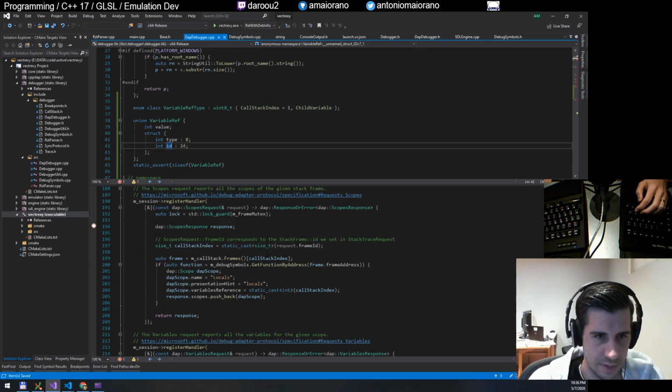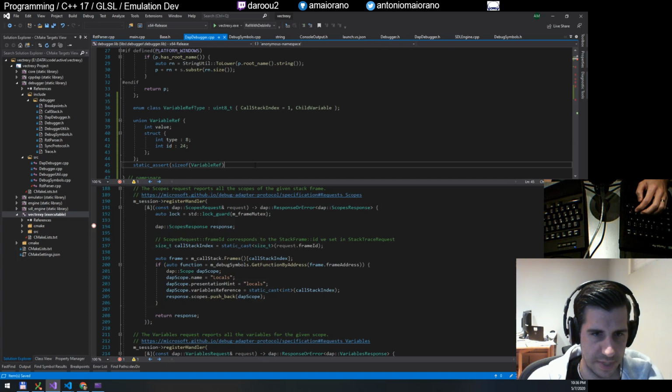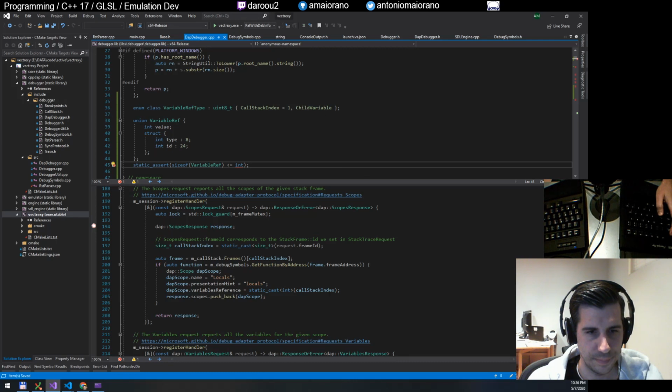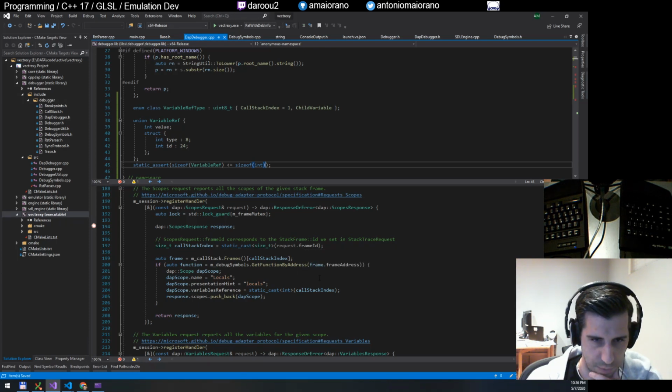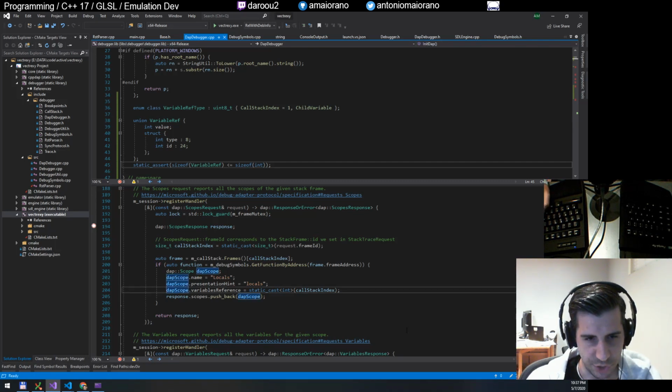Let's see. And we want a static cast that its size is less than or equal to the size of integer, of course. All right, so say we got this. Now, where are we storing that variable reference again for our scope? It's here. There it is. So you see here how we're storing a variable reference here. So instead, we can say